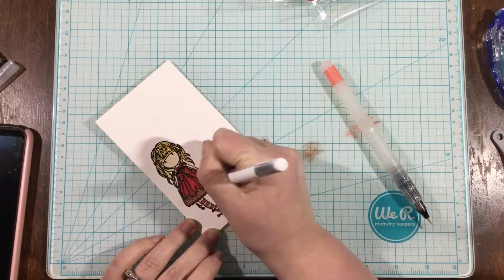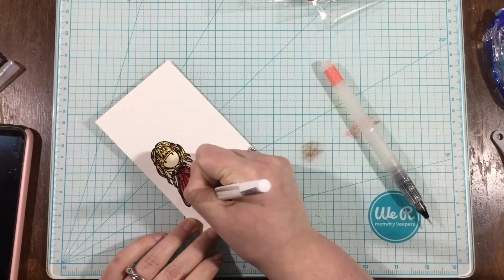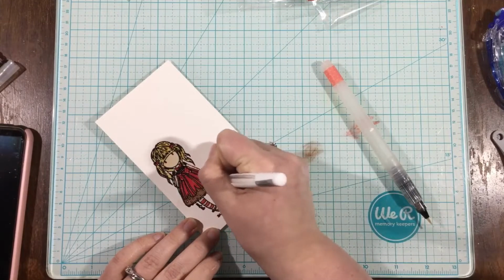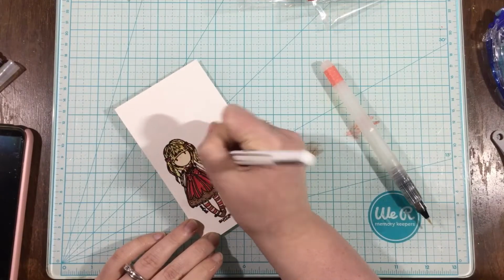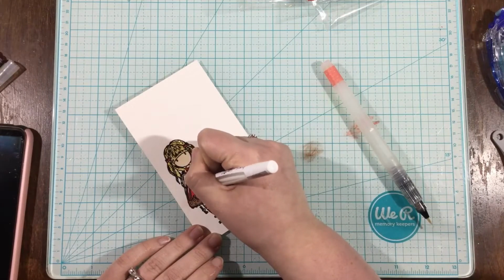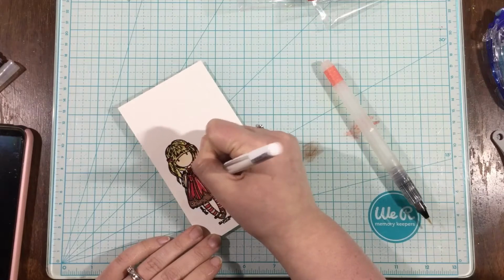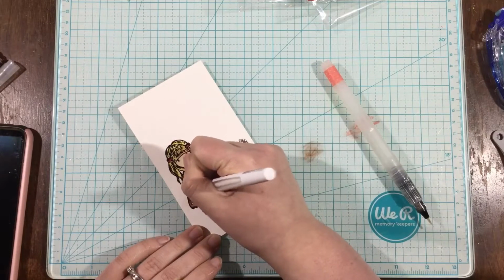So I watercolored her with my watercolor markers, and now I'm using the pen. And this is part of the banana split level card kit. So you get a couple extras, and you're going to see me using a sentiment from the extra stamp set, and then also you get this little white pen. So I'm adding some white pen details and some little highlights to her dress, and then I'm going to fussy